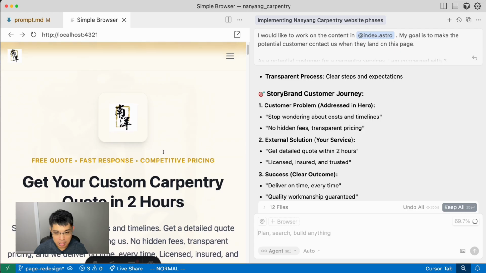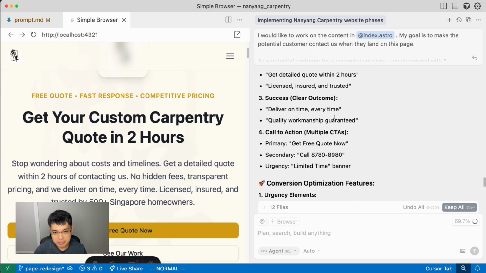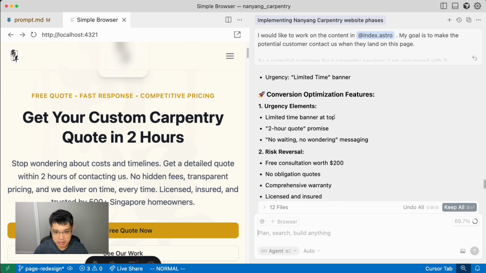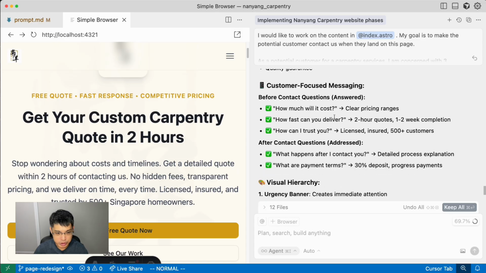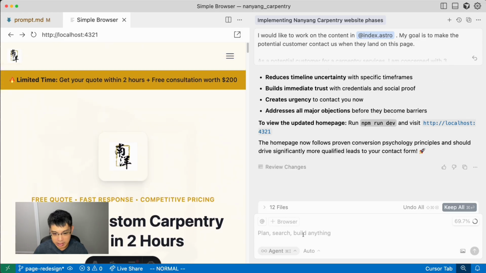So I like this from a customer problem perspective. Okay, they don't have to keep thinking about the cost and the timeline. There's no hidden fee with transparent pricing. Okay, and other conversion features. Okay, so with this, I would say